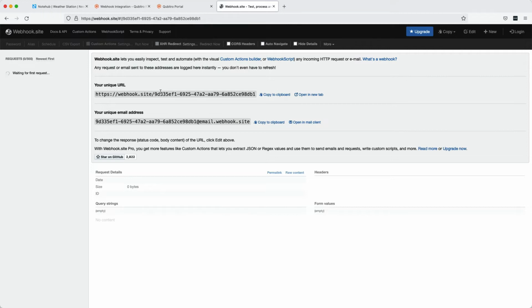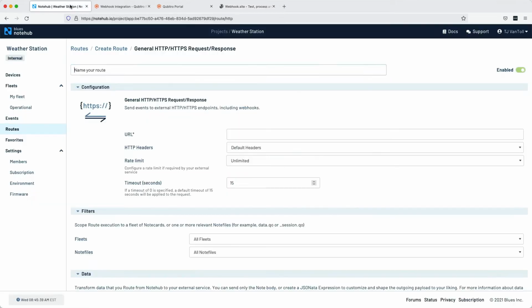To use it, all you need to do is go to webhook.site and it generates this little ID for you. You can copy this URL, which I'm going to do, as this is where we want to send data to. And back in Notehub, I'm going to paste that URL here as the place we want to route to.